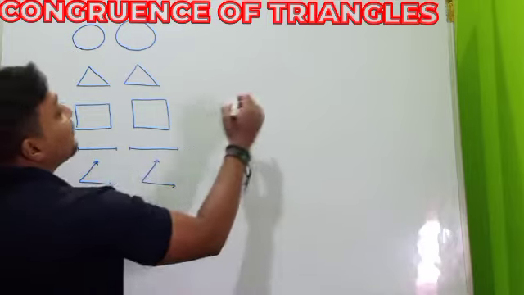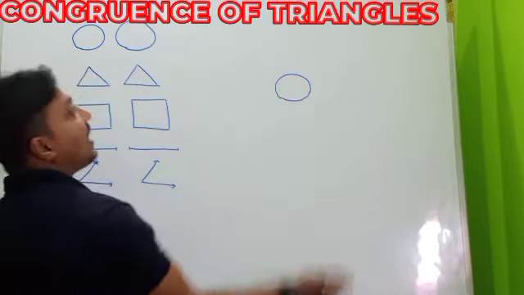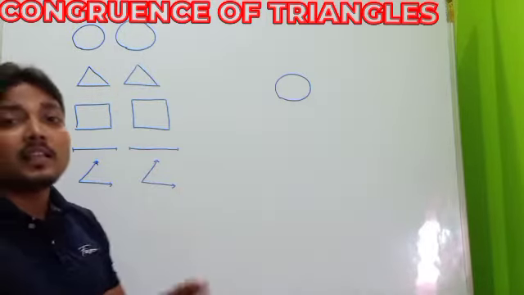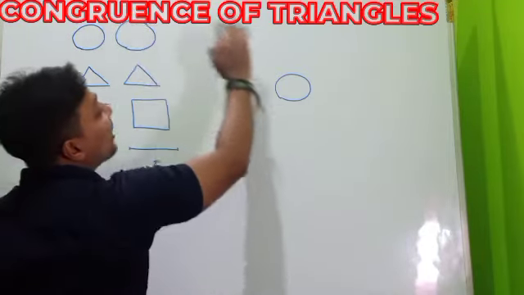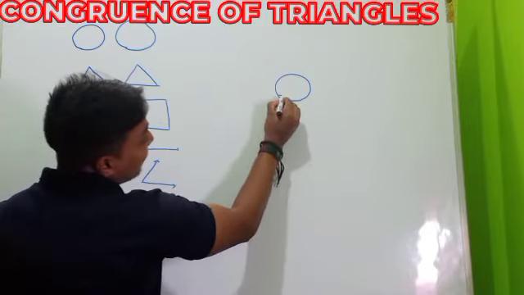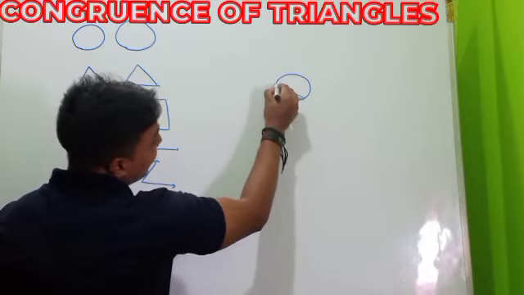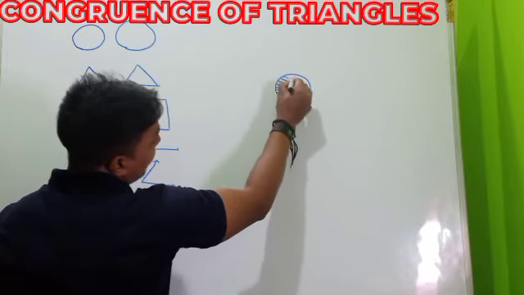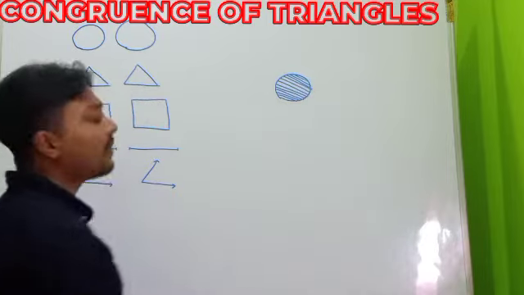Whenever one circle is here, and you cut this circle from the paper and keep it over the other circle, and if you finally find that the second circle covers the first circle perfectly, and they cover one another perfectly,